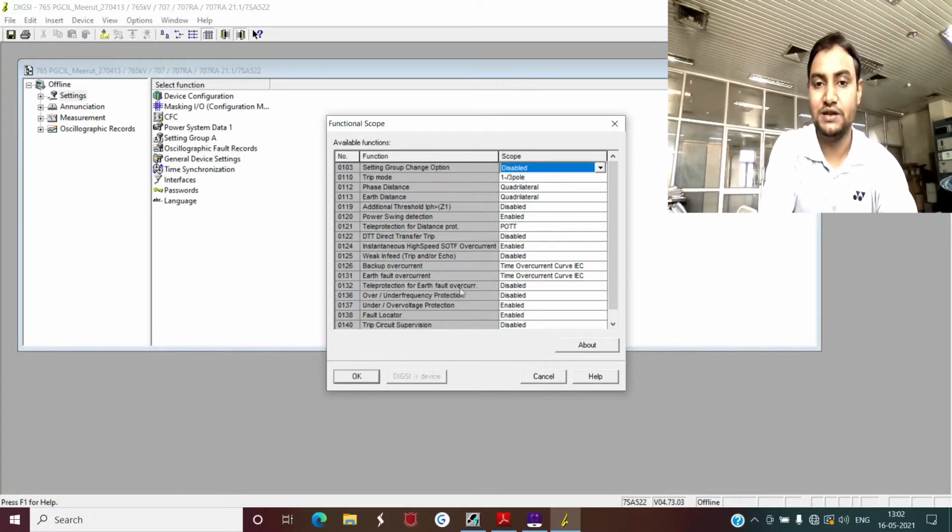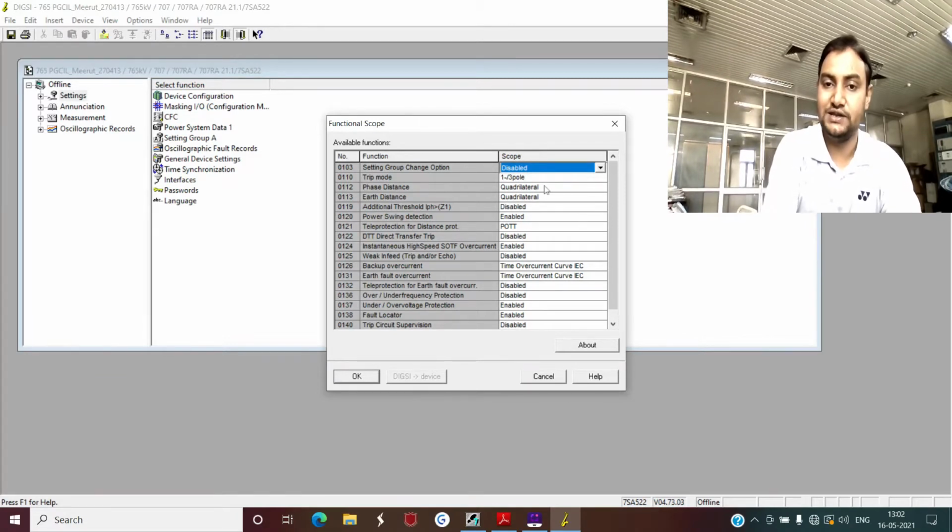Like I have already explained in the theoretical sessions, during parallel line mutual compensation, suppose you want two setting groups, one when both parallel lines are in service and another when only one of the parallel lines is in service. In that way you can have two settings in a single relay.